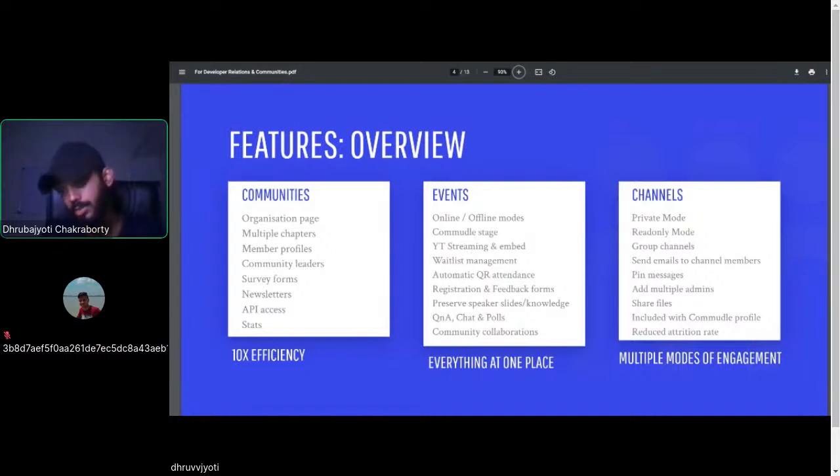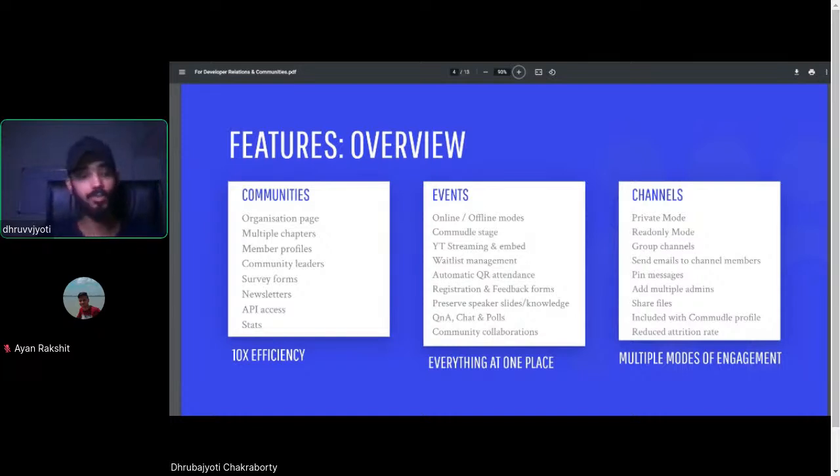We've got waitlist management as well. I think this is one of the best features that we've come up with. When you host an event, we don't want to give access to everyone, and probably you don't have the capacity to accommodate everyone. There's a target audience that you're trying to cater to, and the waitlist feature of Commudle actually helps a lot, because you try to shortlist people, you try to cancel out certain registrations, you can confirm their registration with RSVPs, and then you can send them the entry passes, which is amazing, right?